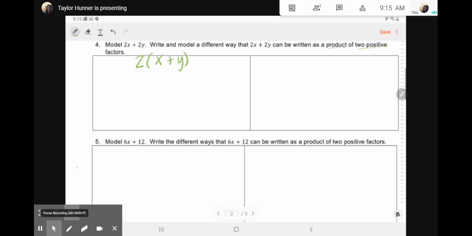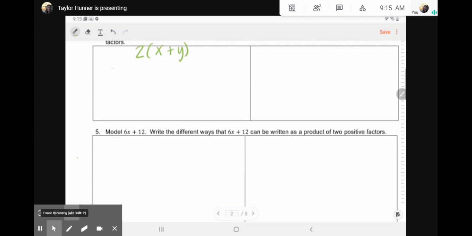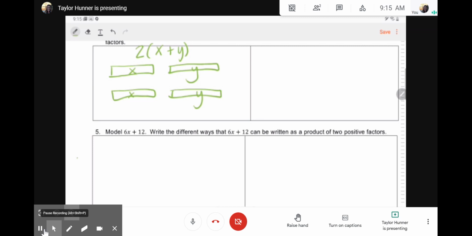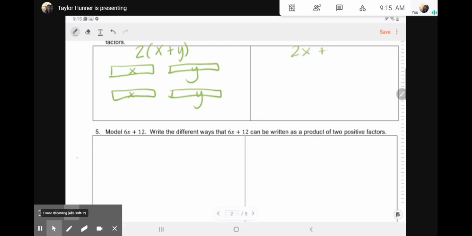So it's 2 times x plus y. So how I would model this is just 2 groups of x plus y. So there's my x, there's my y, there's my x, there's my y, and there are my 2 groups. This is different from if we modeled it as 2x plus 2y, because if it were 2x plus 2y,